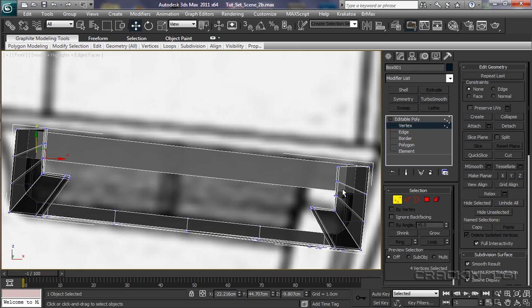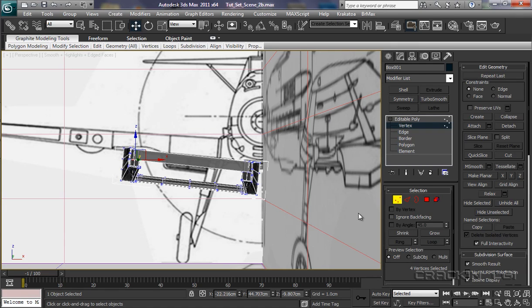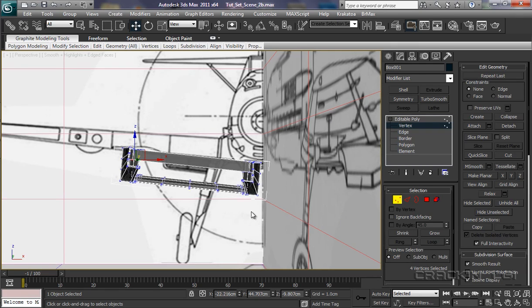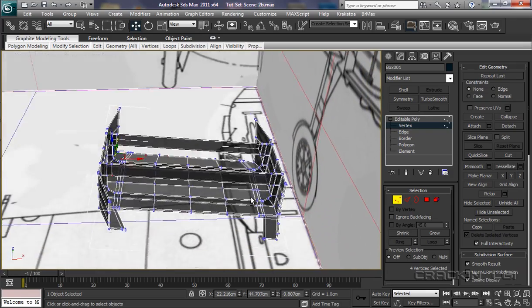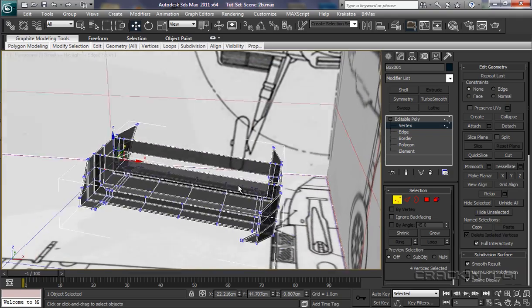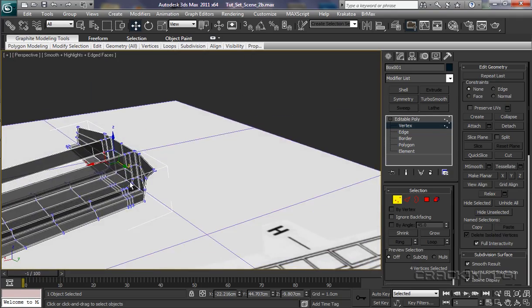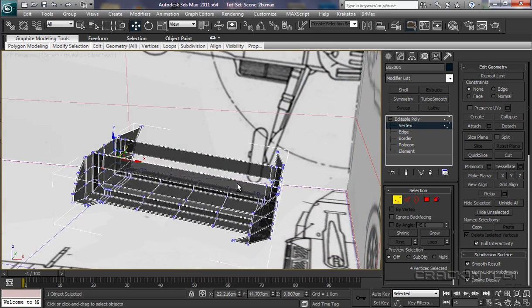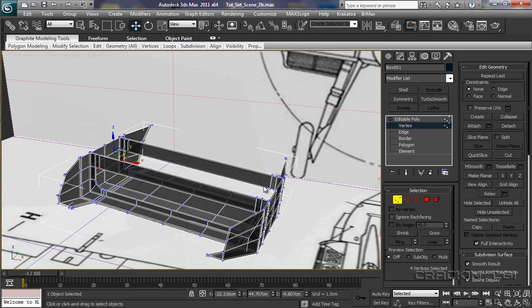I'm pressing Control to select these as well. No. Alt deselect. Let's put this into perspective view. I may have to select these individually. Zoom in. Just have a look. I've got 2 there. I've got those 2 there. Pressing Control, those two there,